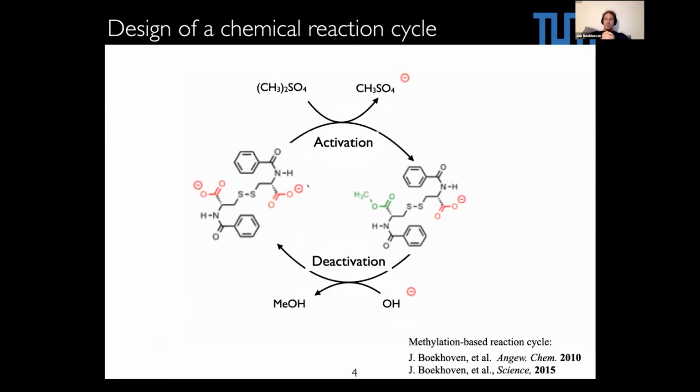This is some older work that I did in my PhD, where we used carboxylates as our precursor, and our chemical fuel was dimethyl sulfate. Dimethyl sulfate can react with this carboxylate to form its methyl ester, but this spontaneously hydrolyzes back again. So we now have a catalyst over here that converts this chemical fuel into waste over there by reacting, and